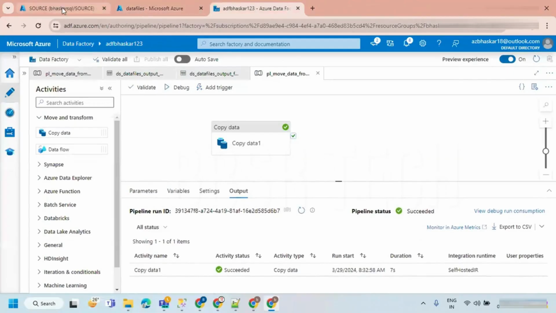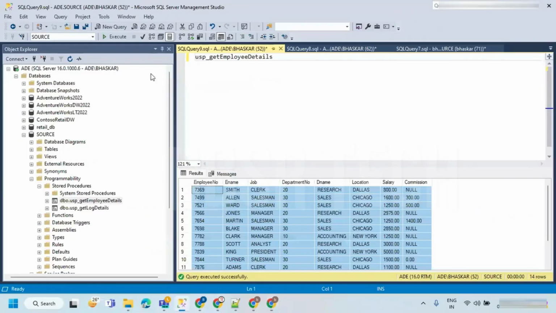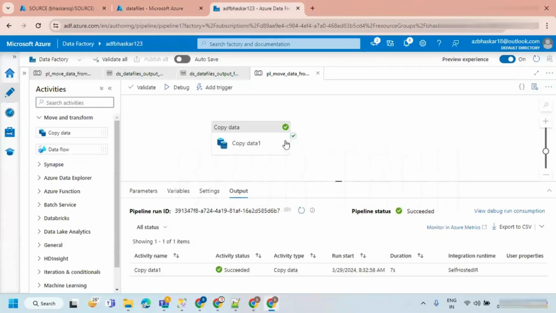And if my data source has multiple tables, how can you handle it?